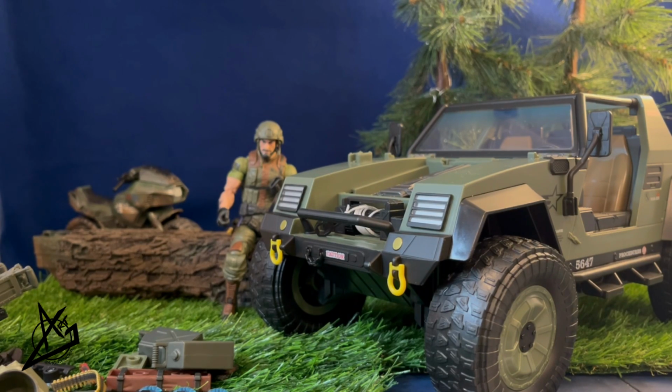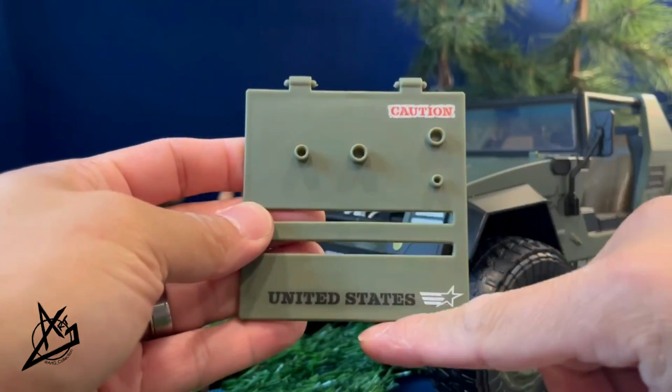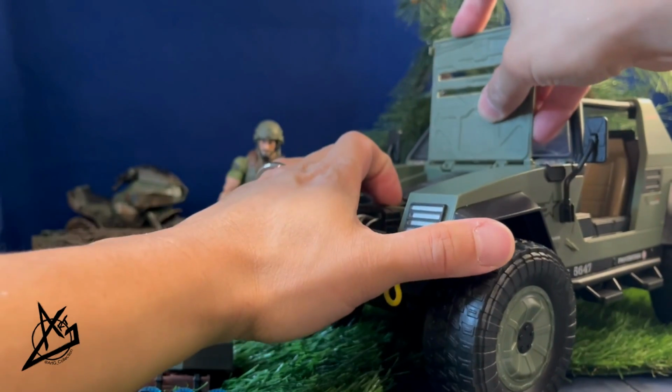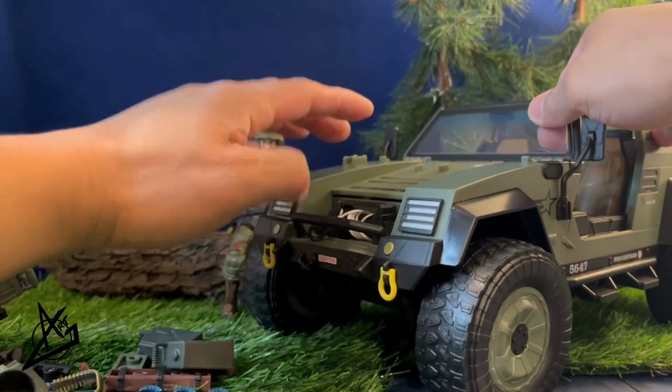All right, so next up, the engine cover came off. We'll insert this on here, so we can basically tell this is the front or the top of it. This can just get snapped into place like so, and you can close it. Yeah,